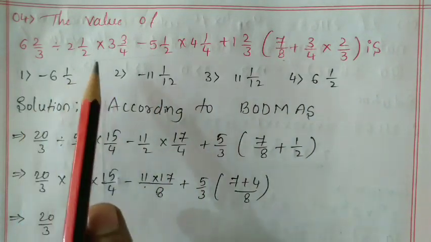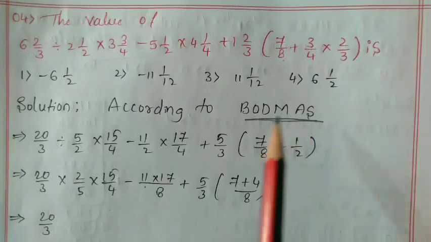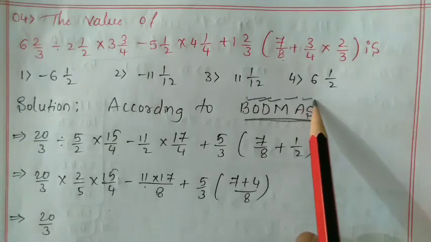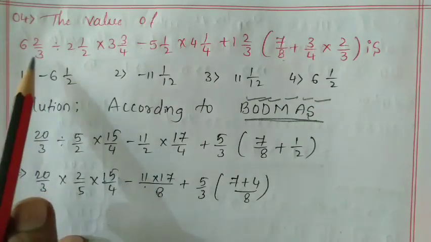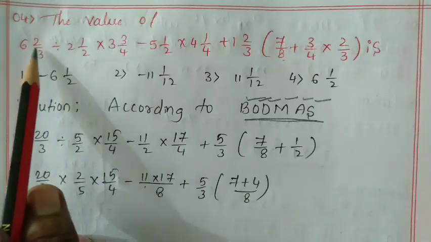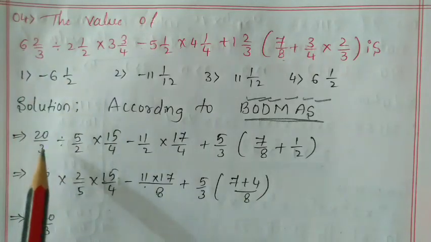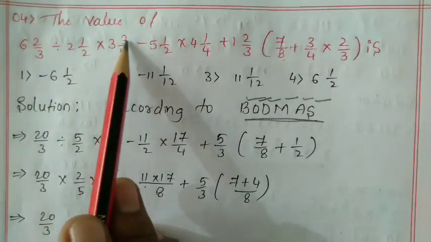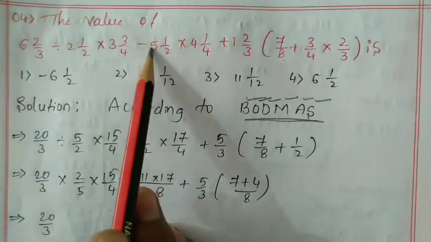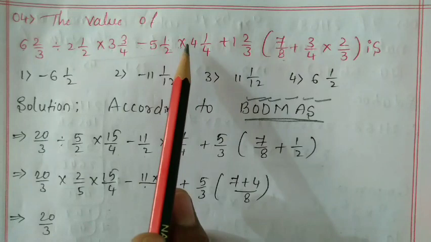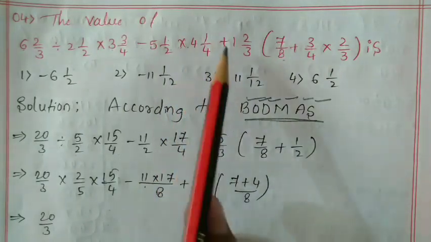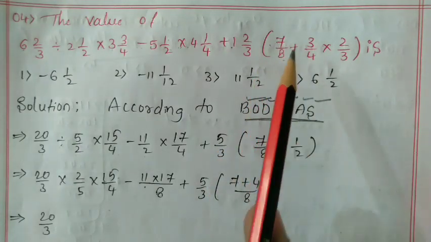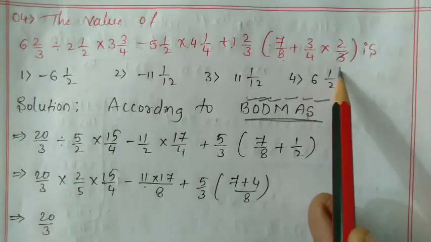Okay, you can write here solution. After that you can use BODMAS, means first bracket, then division, multiplication, addition and subtraction. First you can write this mixed fraction into improper fraction. 6 times 3 is 18 plus 2 is 20 by 3, divided by 2 times 2 is 4 plus 1 is 5 by 2, into 3 times 4 is 12 plus 3 is 15 by 4, minus 5 times 2 is 10 plus 1 is 11 by 2, into 4 times 4 is 16 plus 1 is 17 by 4, plus 3 times 1 is 3 plus 2 is 5 by 3, into 7 by 8, plus